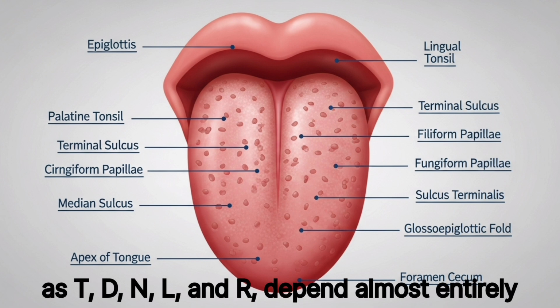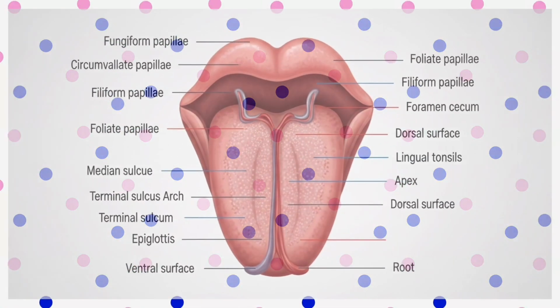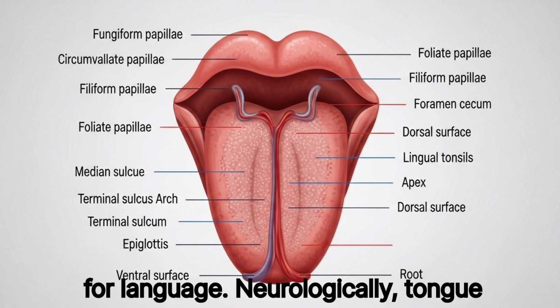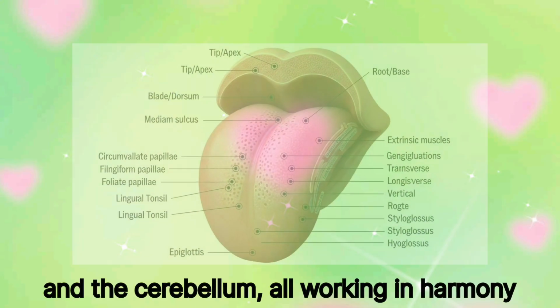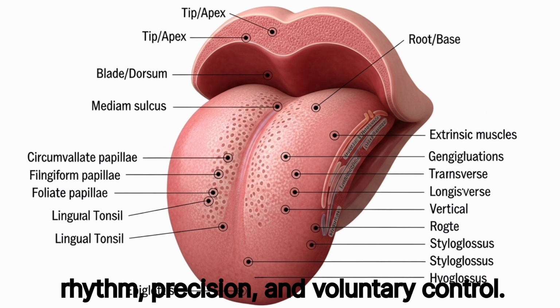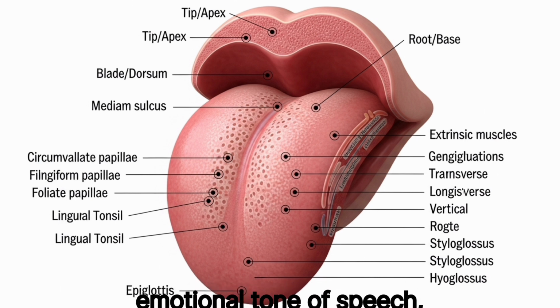Sounds such as t, d, n, l, and r depend almost entirely on tongue placement and coordination. The tongue's involvement in phonetics and linguistic articulation makes it a crucial instrument for language. Neurologically, tongue movement is controlled by the motor cortex, Broca's area, brainstem motor nuclei, and the cerebellum, all working in harmony to regulate speed, rhythm, precision, and voluntary control. The tongue also contributes to the emotional tone of speech, expressing joy, anger, sarcasm, emphasis, and other nuances that shape